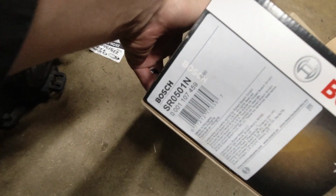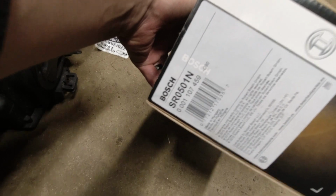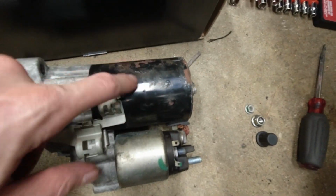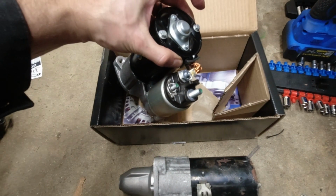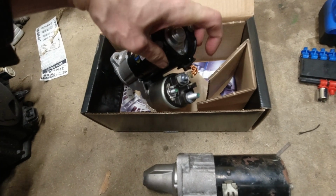Now the replacement part is the Bosch SR0501N. It's nice and clean here. You can see a little bit of rust on the main part here. Everything else looks really the same. That's where our ground's gonna go. That's where our positive's gonna go. And